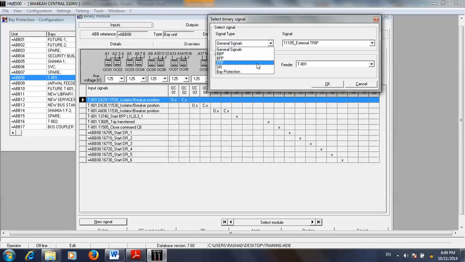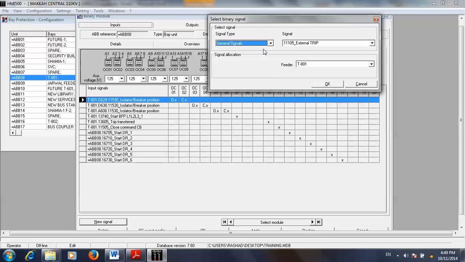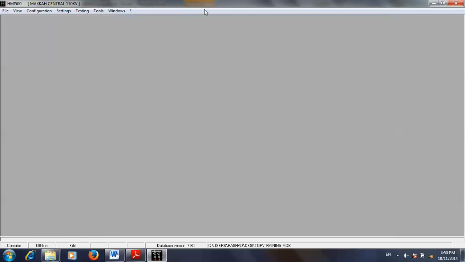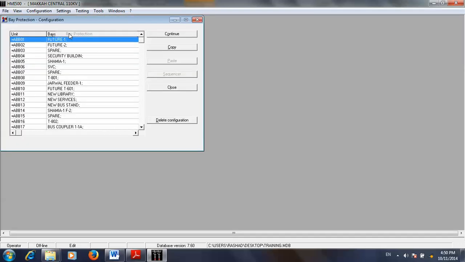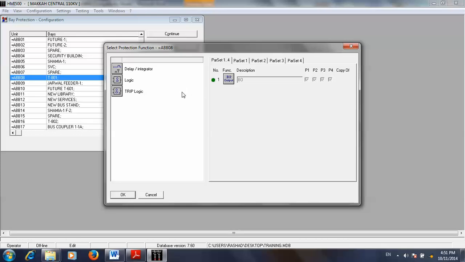Here, sorry, bay protection. Where is the signal? Signal not available here. Again, we'll open this one, settings, bay protection. Oh, this one is not saved, sorry, we will make it again. And the gate, we'll save this one,